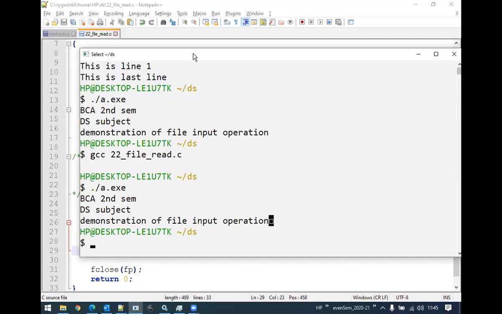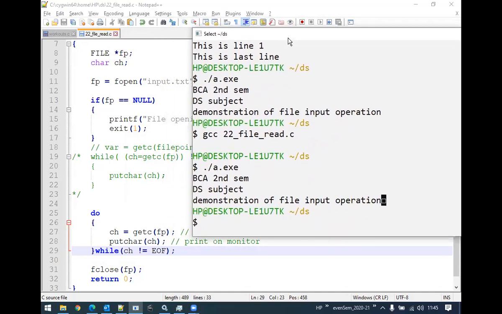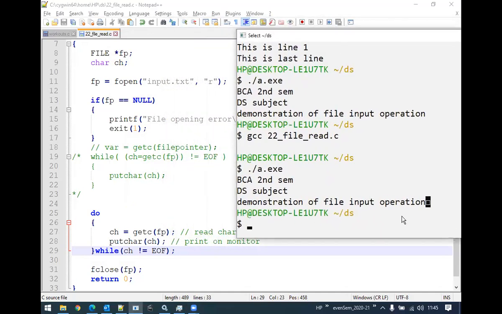Can anyone try to tell me why that is printed? I have put both the codes here. Can anyone try to understand and tell me why this extra character is being printed? Sir, because in do while loop, first it executes and then it checks the condition. So after printing the last word of the operation, it again executed, sir, without checking the condition. Fine, you tried to explain.